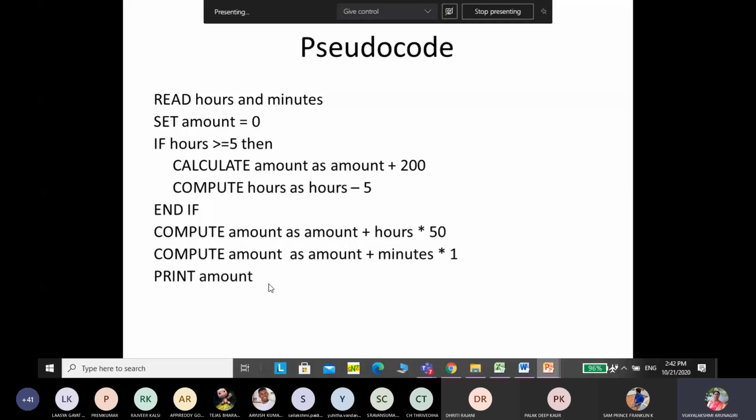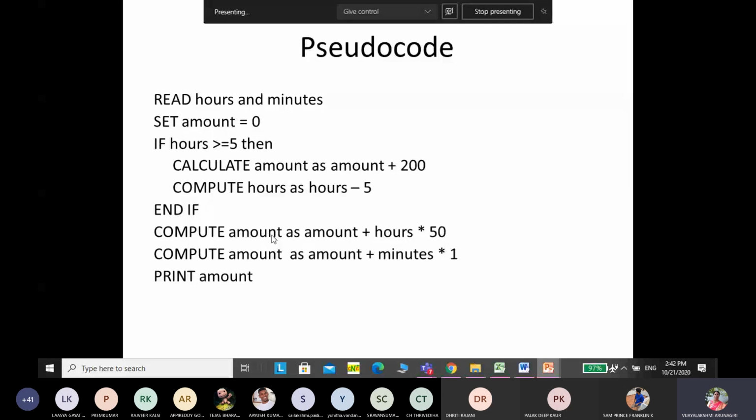Are you able to understand this logic? See, I am separating that problem into 2 parts: hours browsed more than 5 and less than 5. Say, for example, the person browsed only for 4.5 hours. So I'm setting amount equal to 0, this condition will fail, and directly it will come here.